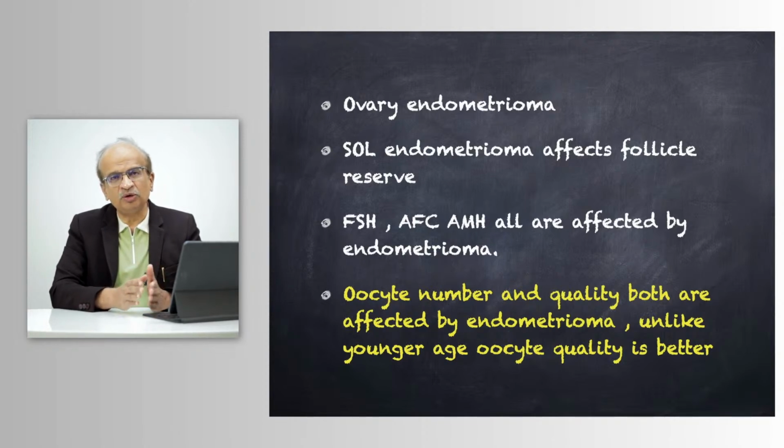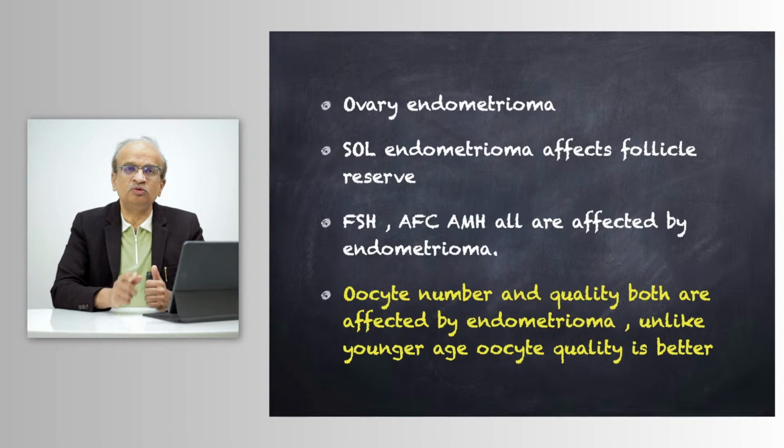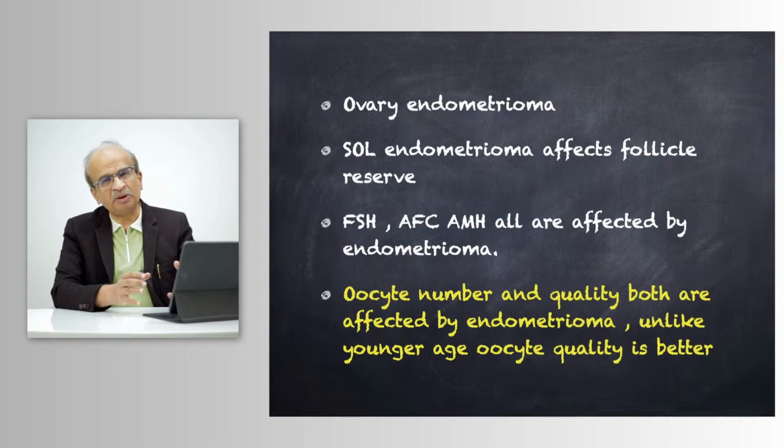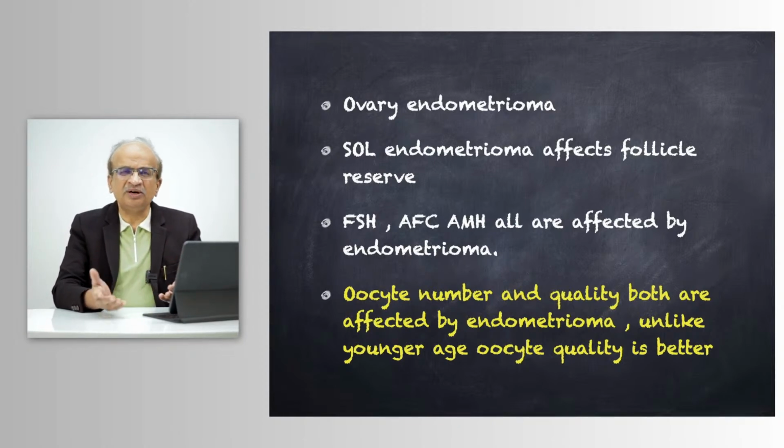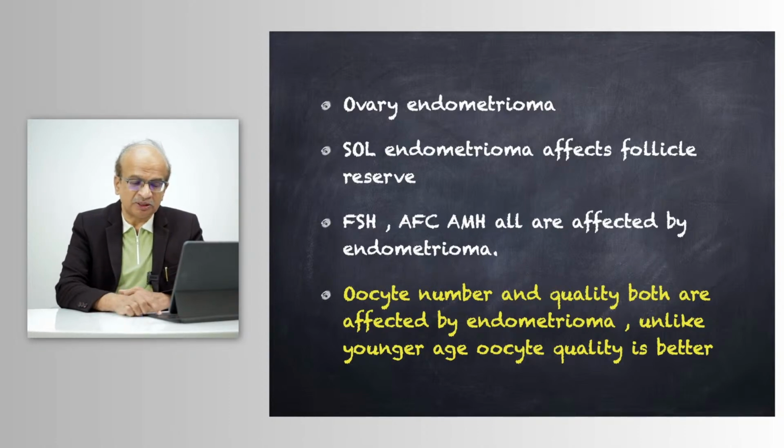The most important difference between a young lady with low ovarian reserve and one with endometriosis is that in a young lady with a low ovarian reserve, it is only a quantitative fall, but the quality of the egg still remains good. But that is not true with endometriosis. Endometriosis will affect not only the quantity but the quality of the egg, and hence the embryo will also suffer. Though the studies published on embryo quality are on both sides of the story, it's a general belief that the oocyte quality and the embryo quality are affected even if the patient is young.